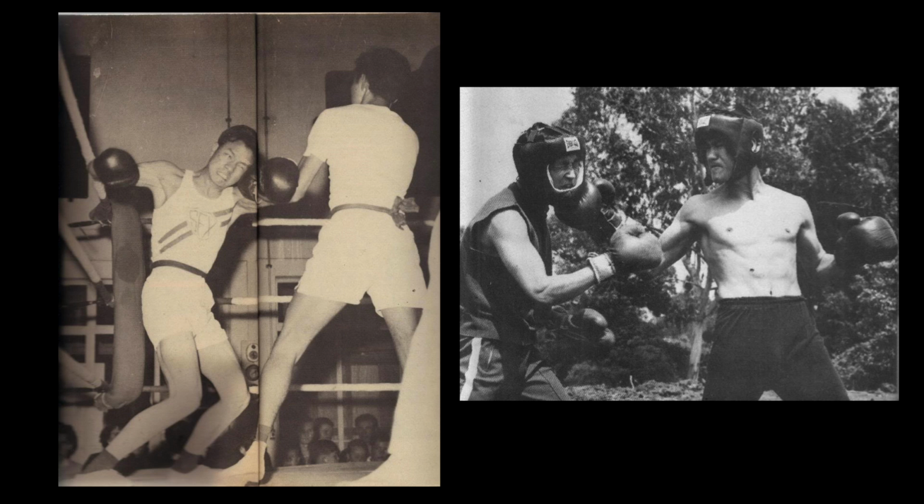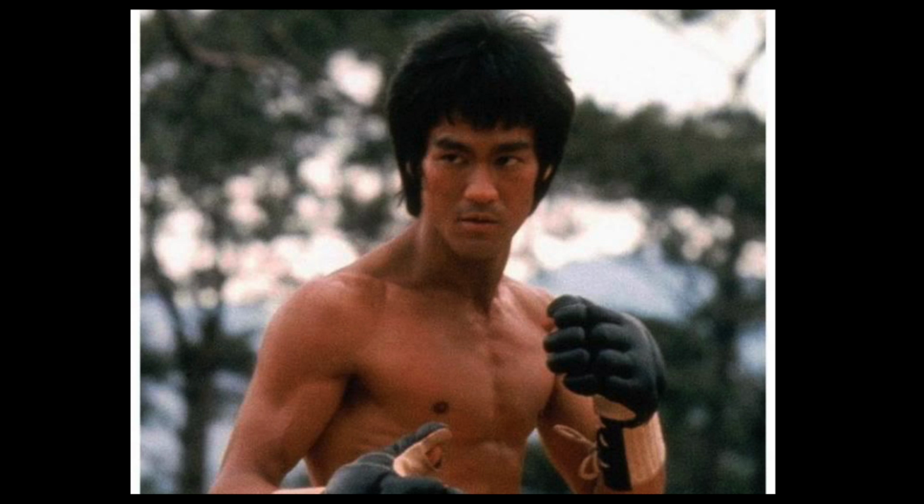Of course, Bruce Lee has all kinds of techniques that he uses throughout his films. You can see Wing Chun, you can see all of the kicking, you can see boxing. Let's not forget that Bruce Lee actually did boxing for a little while, and you can see it in his style. Okay, so in conclusion, Bruce Lee had